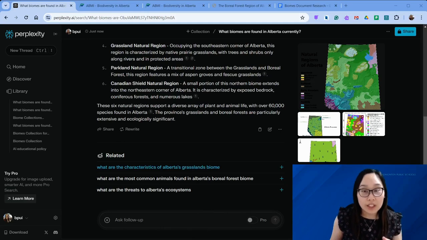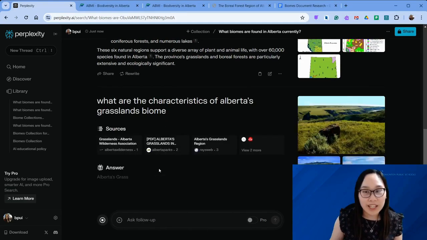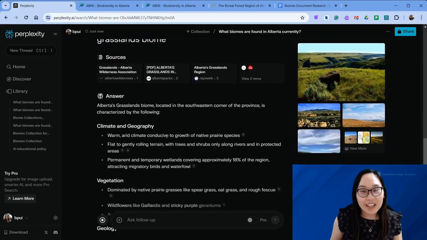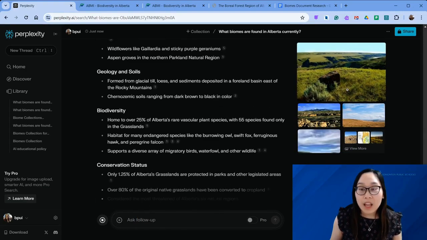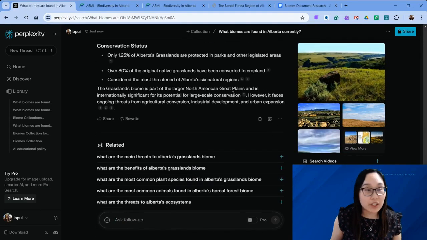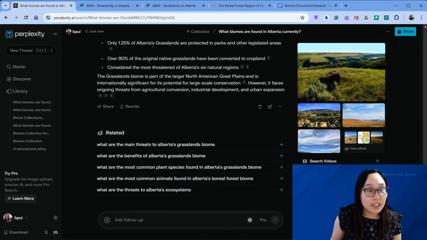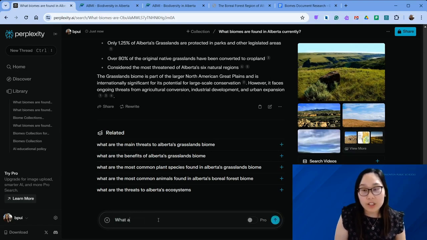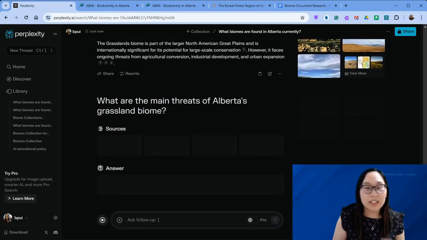They have suggested questions in here, so I can go ahead and put that in. And again, it gives me that information. And as it gives me all that information, I can also search for images. I can search for videos as well. And I can also continue to ask follow-up questions. So I can go ahead and say what are the main threats of Alberta's grassland biome and keep on going